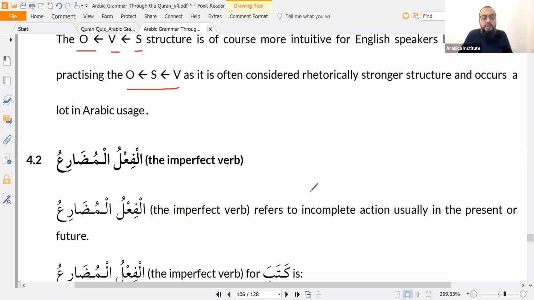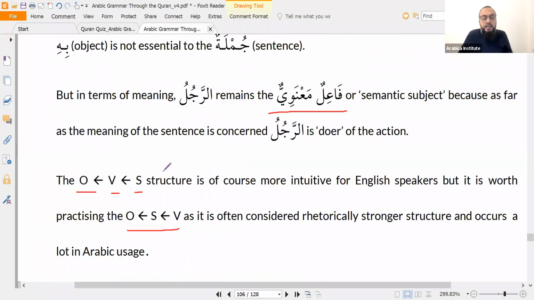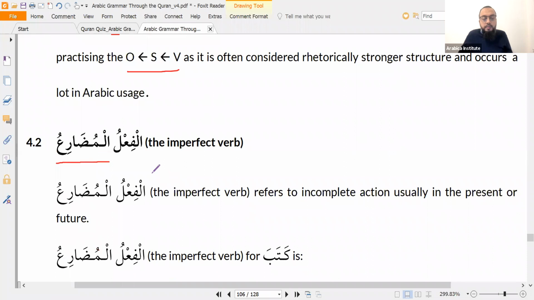Right, let's have a look at the imperfect verb. Al-fi'lul mudari'u. The word mudari' in Arabic actually means something that is similar. And the reason why we call al-fi'lu al-mudari'u mudari'u is because, just as I'm going to explain in a bit,